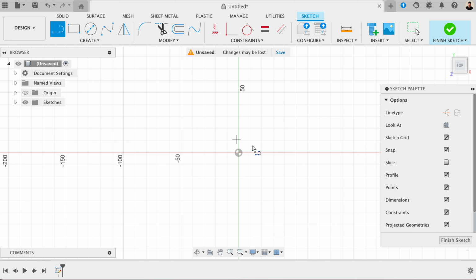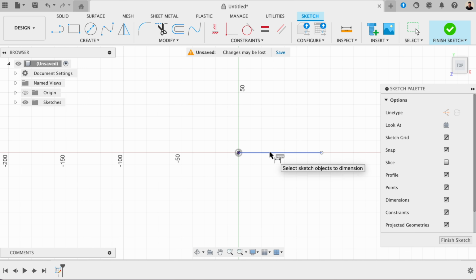If I use this line, for example, and then I click from this center point, you can see highlighted in blue here in the sketch, the dimensions, and I can type in the size that I want on my keyboard. So I'm going to do 50mm for this example, and then I hit enter. And you can see that it's given that a dimension. Alternatively, I can click this line here, and then click around at a point, and if I press escape now on the keyboard,